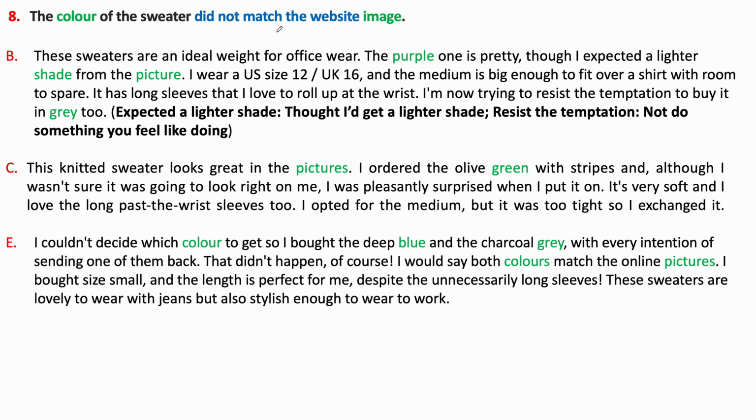The question says that the website had some picture of the sweater, and when the customer got the sweater, the color of the sweater was different from the picture. Section C mentions the sweater looks great in the pictures. I ordered the olive green. This just tells us that the picture of the sweater on the website is good and the customer ordered the green color sweater. Later, however, it is mentioned, although I wasn't sure it was going to look right on me, I was pleasantly surprised. This part is about how the sweater suits the person, not whether the picture matches the